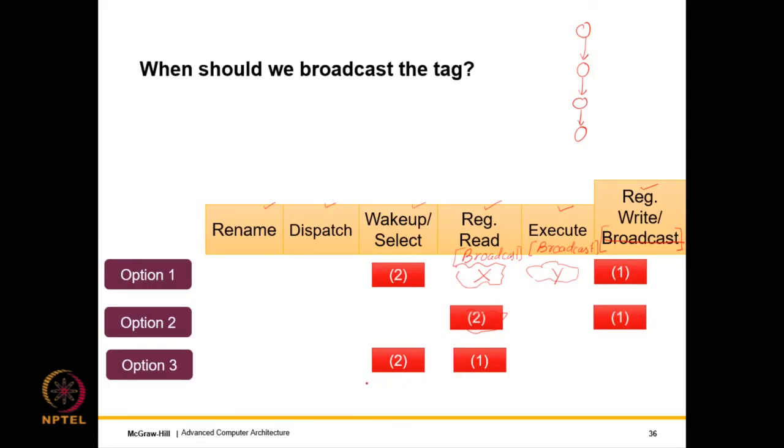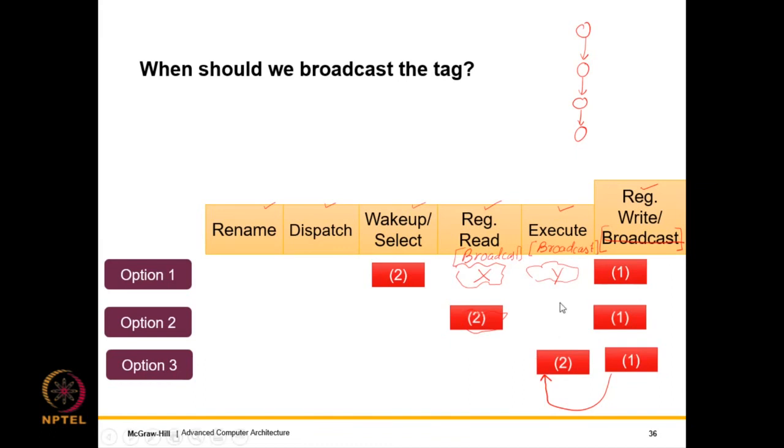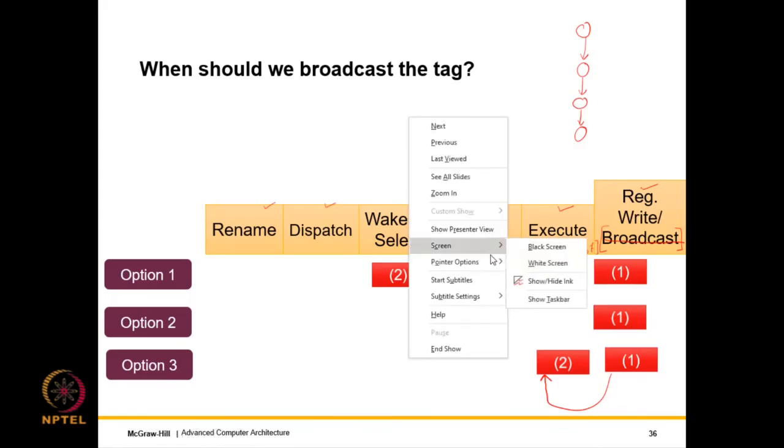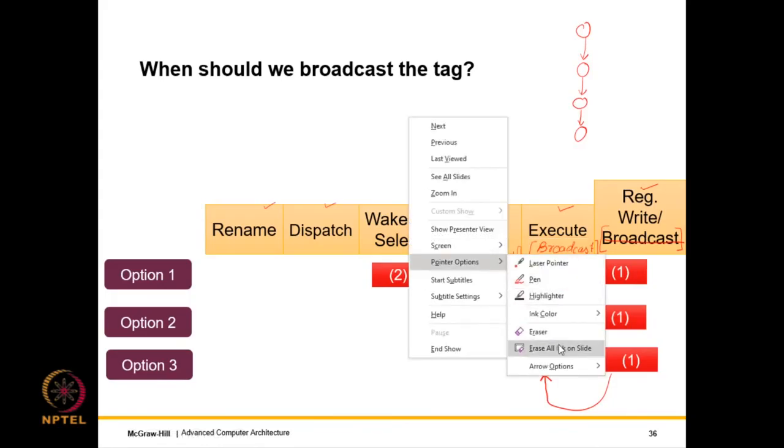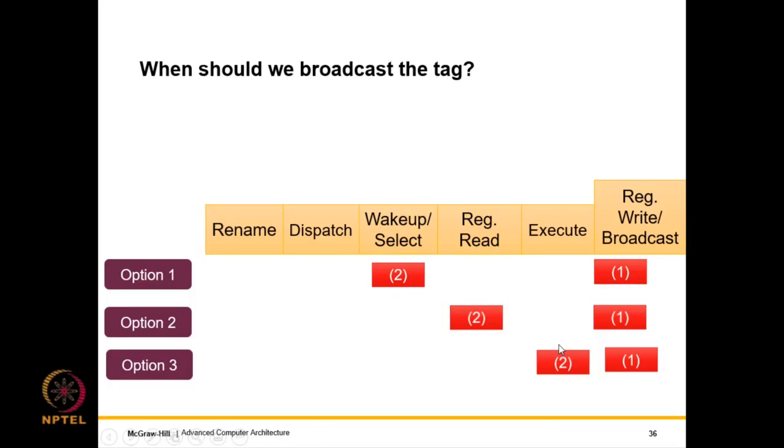And in this case the execution will be back to back, because when 1 is executing, 2 is reading the registers, which of course will not get the right value, but then it will get it from the bypass path in the next cycle, because 1 would have computed its results, so it can bypass the results to instruction 2. It is important that we see this animation once again, and I'll clear off the ink, to appreciate what exactly we are trying to say.